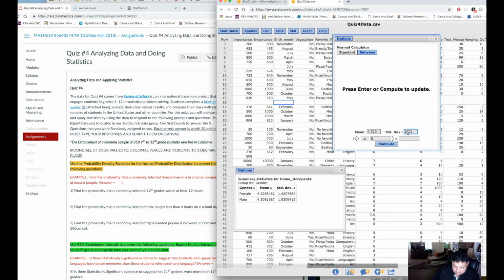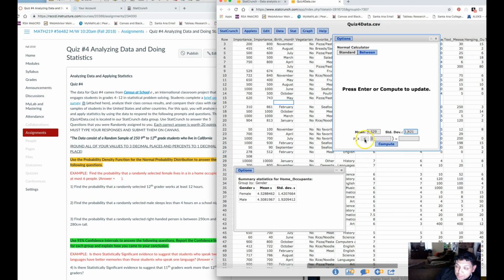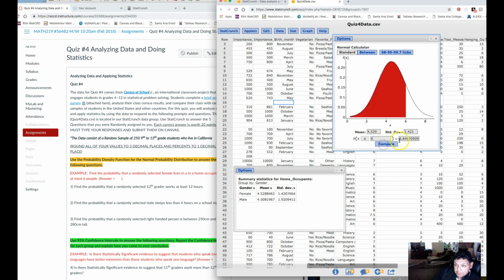Make sure it's a decimal. There it is. And compute the probability. Find the probability that a randomly selected female lives in a home occupied by at most 6 people. And so at most means less than or equal to 6. And so you put a 6 here and compute. And so our answer would be